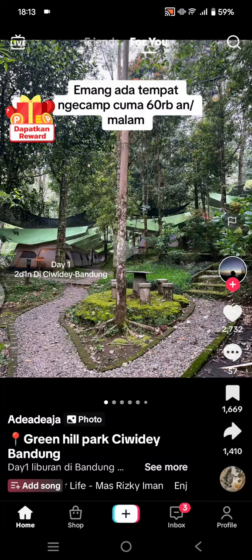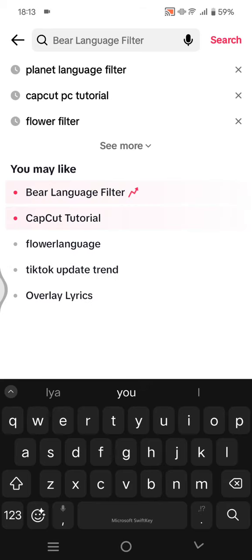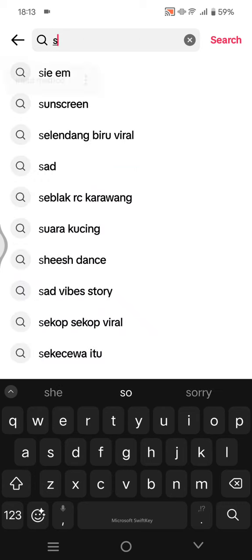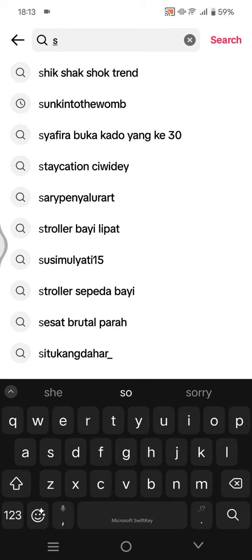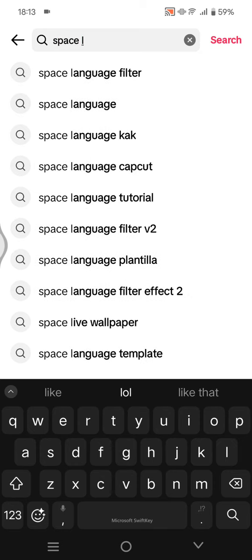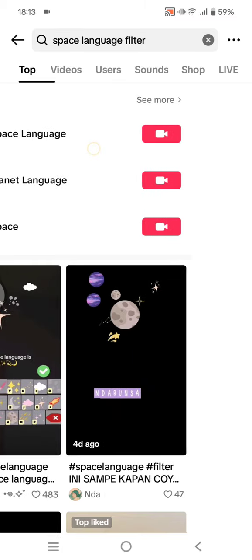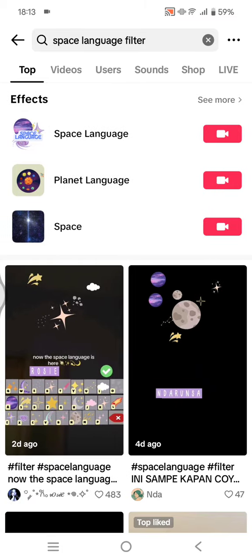On today's tutorial, I'm going to show you how you can do the space or planet language trend on TikTok. So in here, what you need to do is open your TikTok app on your phone and click on the search column at the top, and then just search for space language filter, this one, and this is the effect. Click on this video icon,